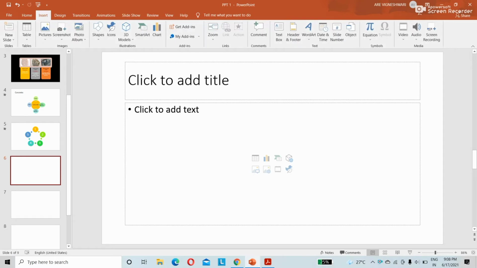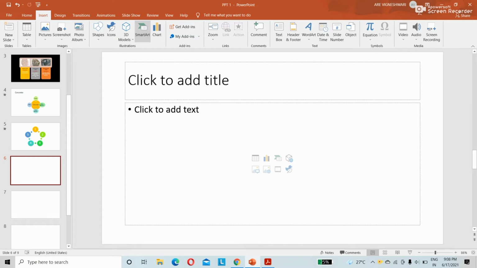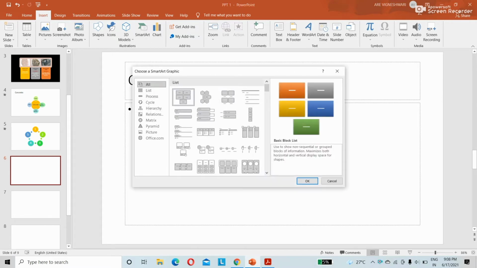Click on insert and click on SmartArt. After that, we have different options here: list, process, cycle, hierarchy, relationship, matrix, pyramid, picture, Office.com. So we have different styles.